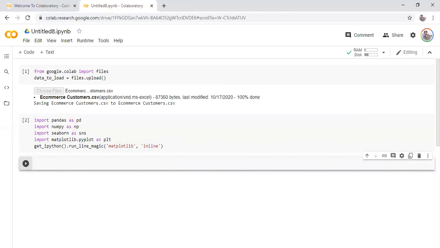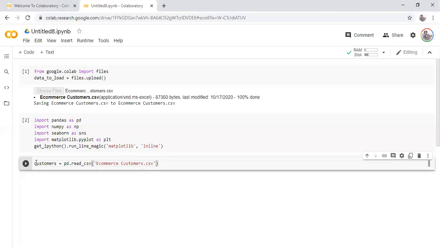Once I've completed the import of these packages, let's first read the table that we imported, which is e-commerce customers. Okay, so first let's understand what this table actually is. To read a CSV file, this is basically a CSV file, we will use pandas to read the CSV file.